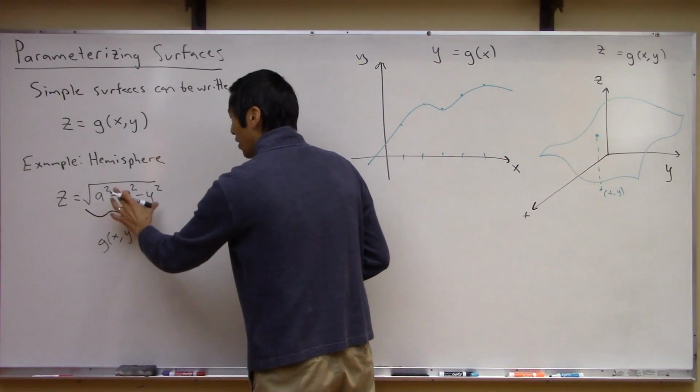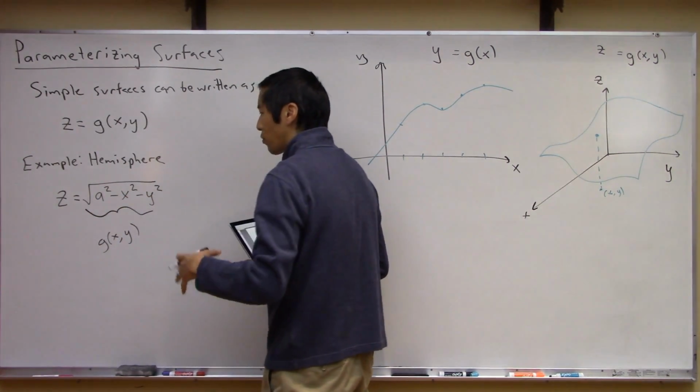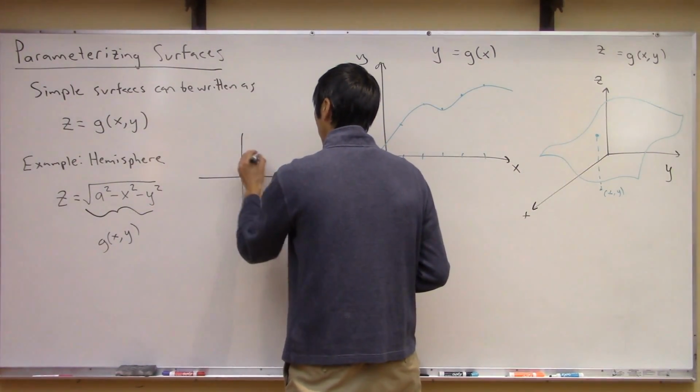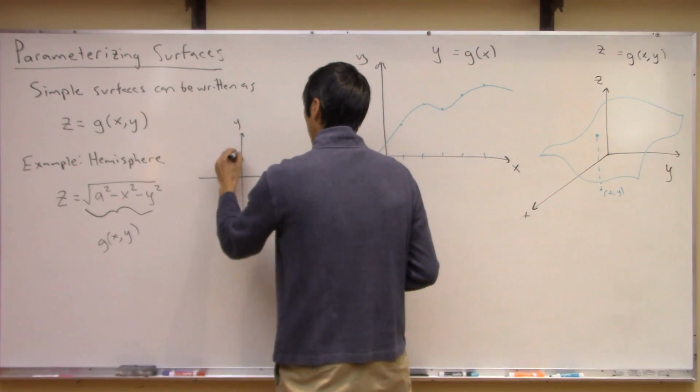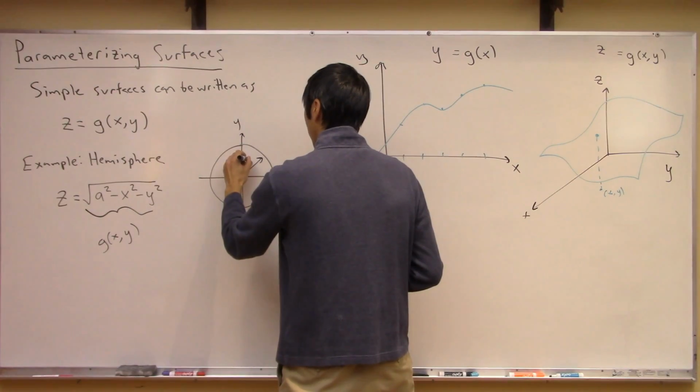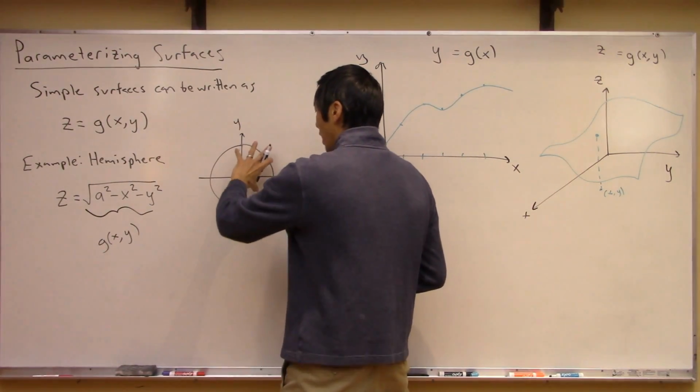And what we end up with is, as long as you choose x and y, quote unquote, intelligently within this circle, maybe I'll draw it like this, right? So here's x and y, right? As long as you choose x and y values within a circle of radius a, you'll basically get a surface